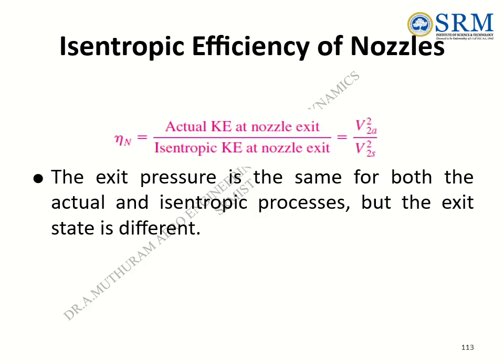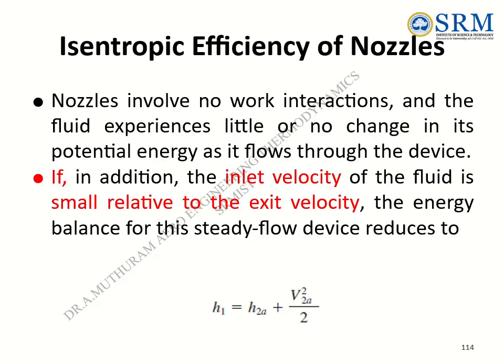That is, the exit pressure is the same for both the actual and isentropic processes, but the exit state is different. Nozzles involve no work interactions, and the fluid experiences little or no change in its potential energy as it flows through the device. If, in addition, the inlet velocity of the fluid is small relative to the exit velocity, the energy balance for this steady flow device reduces to: